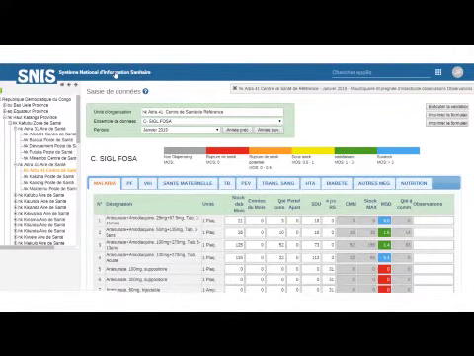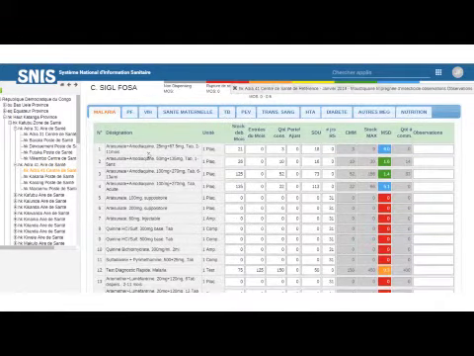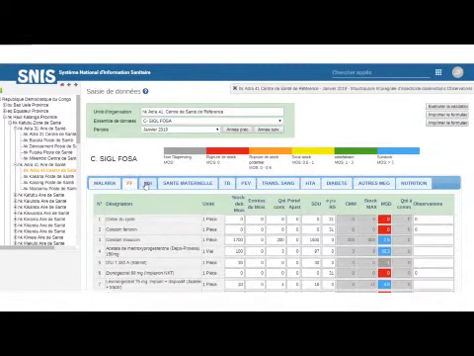The platform has LMIS data entry forms for health facilities as well as warehouses inside the DHIS2. Now let's see what the LMIS entry form looks like in DHIS2. This is a typical LMIS entry form inside the DHIS2. It has the list of products on the left side and different logistics parameters including consumption, stock on hand, average monthly consumption, and month of stock. Different programs' products are in different tabs, so the operator can continue data entry in the tabs and then submit this data to the platform.